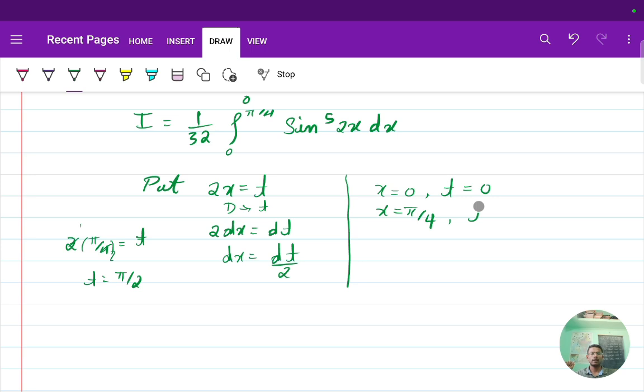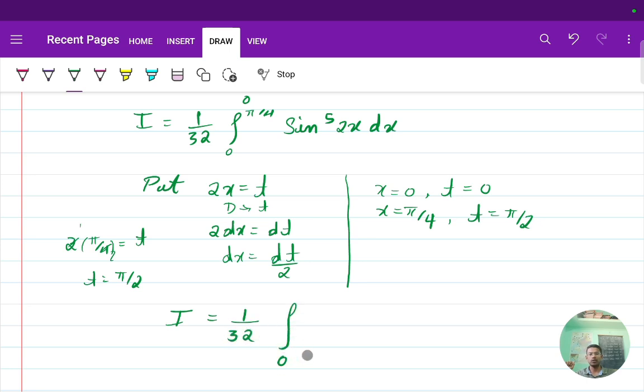So t is equal to pi by 2. Did you understand? Let us substitute these values in I. Then I is equal to 1 by 32